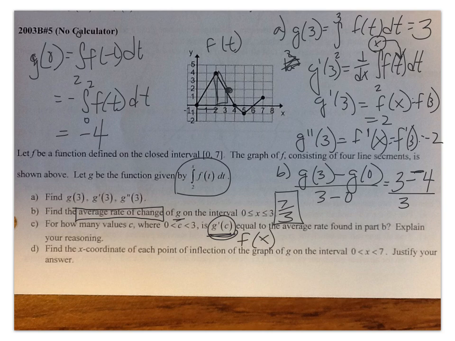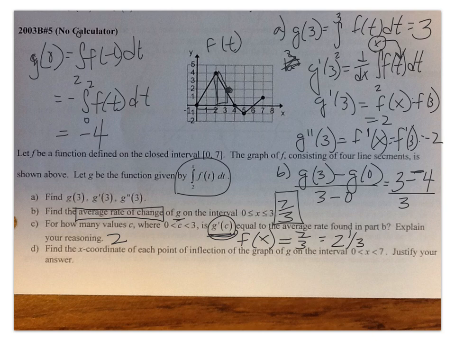When is f of x, how many times is f of x equal to the average rate found in part B? Well, the average rate found in part B is 7/3, or as a mixed number, 2 and 1/3. So how many times is the graph shown going to hit 2 1/3 between 0 and 3? Well, at 3 it's at 2, and it goes up above that before that, so it's going to be 2 times. So the answer is 2, and the reason, because it says explain your reasoning, is that